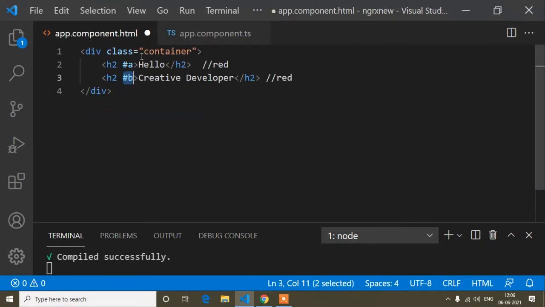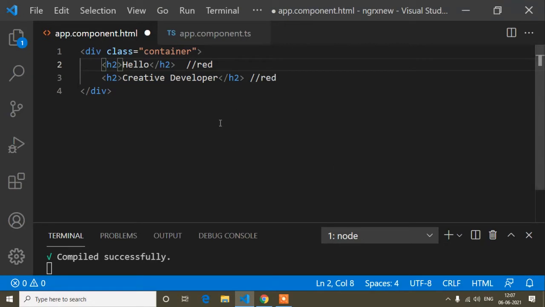If we create a directive, and suppose here we have to change the same thing, color red, we just call the directive here, and here also we call the same directive, and it will change the same DOM property. So that is the benefit of a directive. Now guys, let's see how you can create a directive and how to use it.